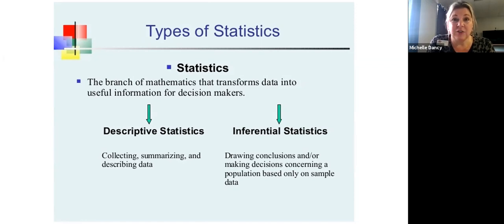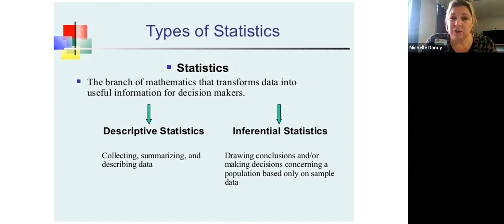After we get our answers, do we want to put this in a pie chart? Do we want to use words? Do we want to use a line graph? Statistics kind of stands out from the other branches of mathematics. So underneath statistics, we have descriptive statistics and inferential statistics. Descriptive statistics just means collecting, summarizing, and describing your data